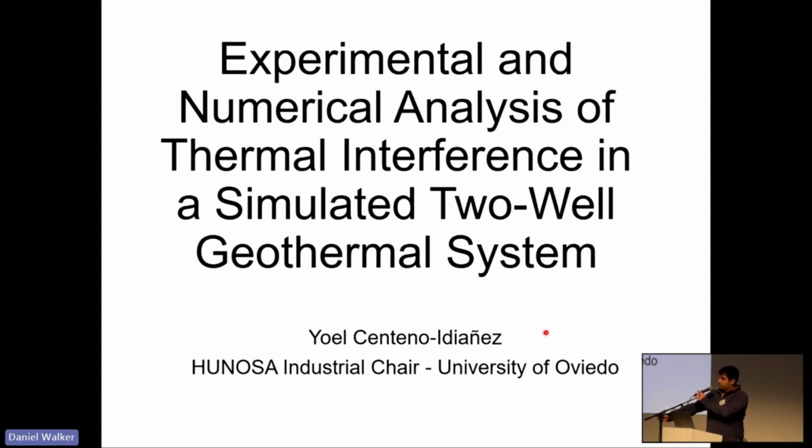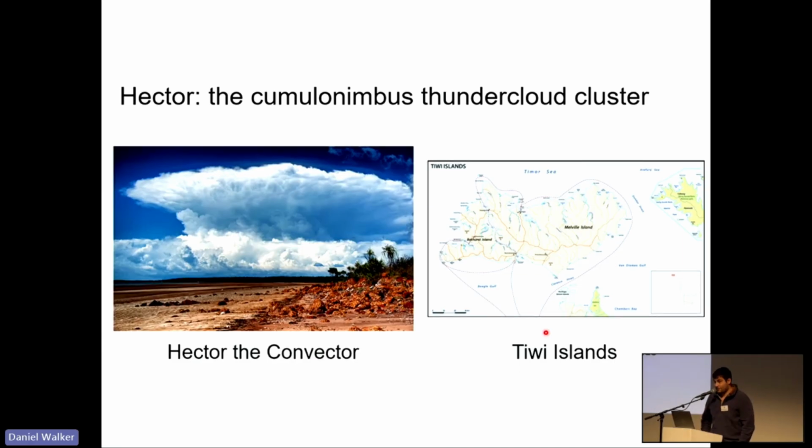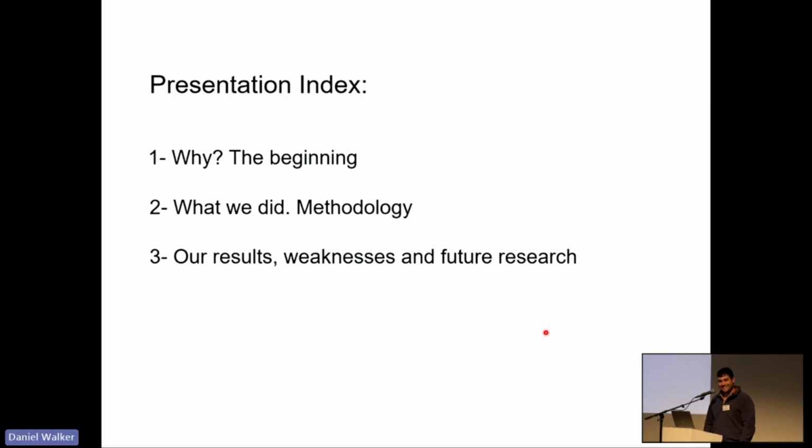First, I'd like to ask the room a quick question: how many of you know my friend Hector? Hector here is a thunderstorm that occurs precisely at 3 p.m. from September to March in the Tiwi Islands in the land down under. This has nothing to do with the presentation,